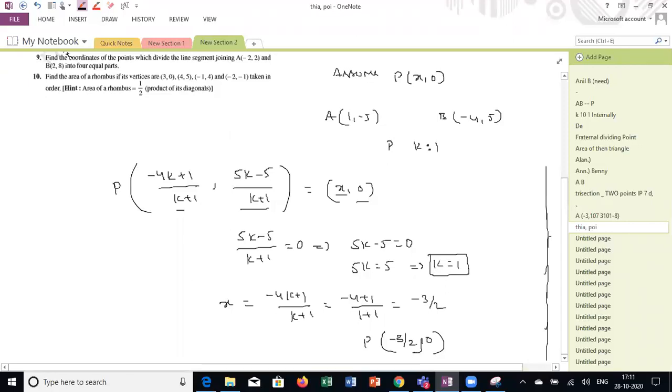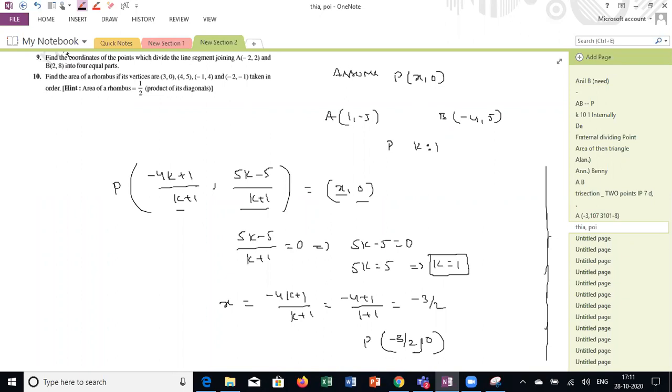So thinking is very important here: what is the given data and how can I apply the concepts here. Here they didn't give the ratio and they didn't give the point either, but they gave a clue: the point is lying on the x-axis. That means indirectly they are saying the y coordinate is 0. Using that small clue, apply the ratio formula and calculate the unknown values. This is how we have to solve. Try to solve the rest of the questions.